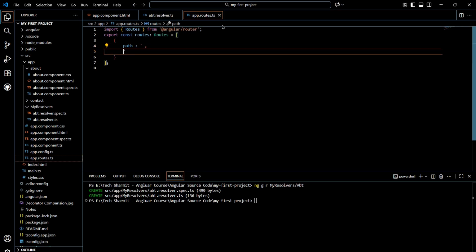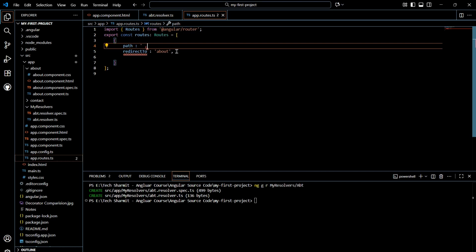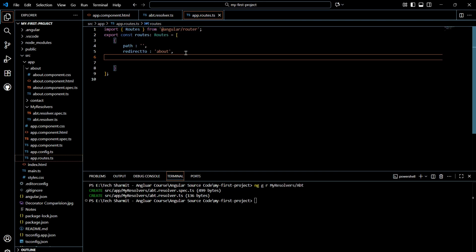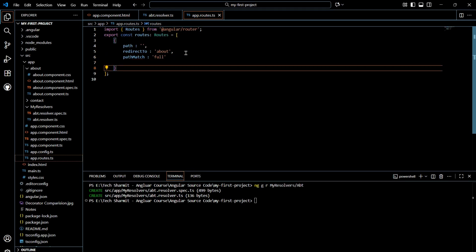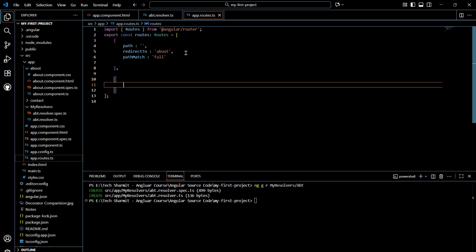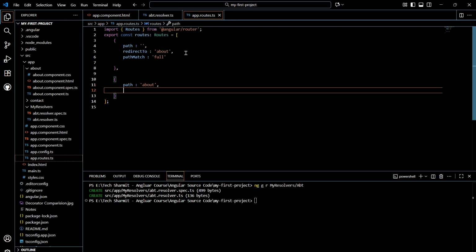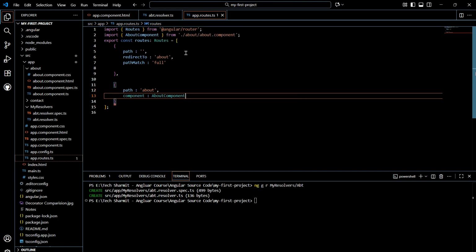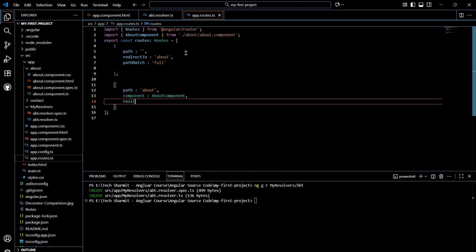Here we will define the default route, redirect to colon about, then we will write here path match, which is full. Perfect. So this thing is ready. Now we will put a comma over here, and then we will write another path where we will write about, comma, after comma we will write a component, in component we will write about component, then comma, then we will write here resolve,